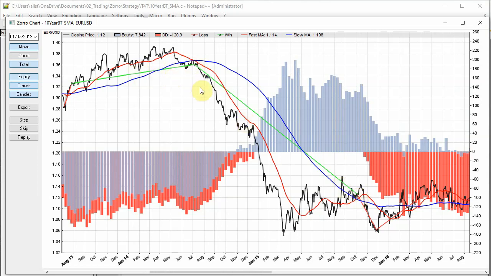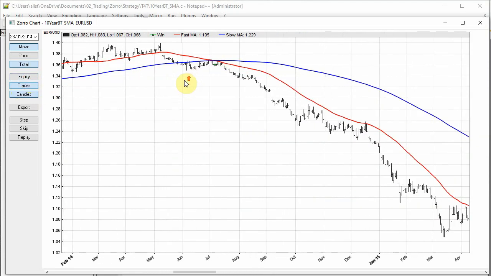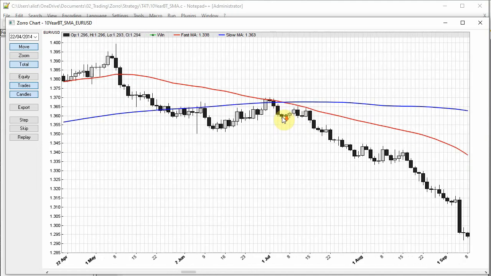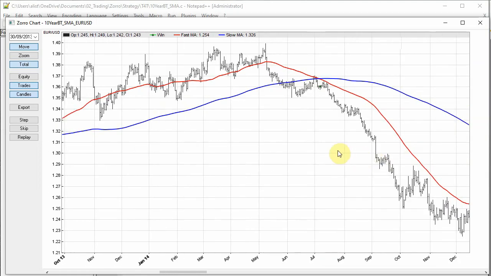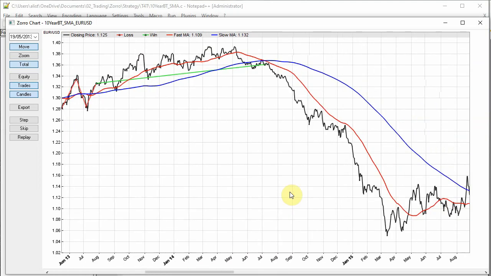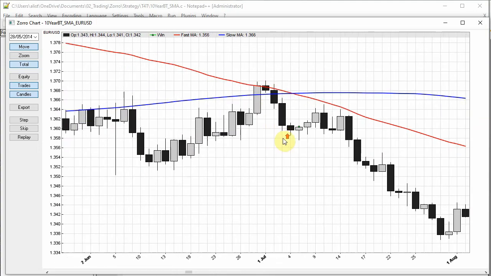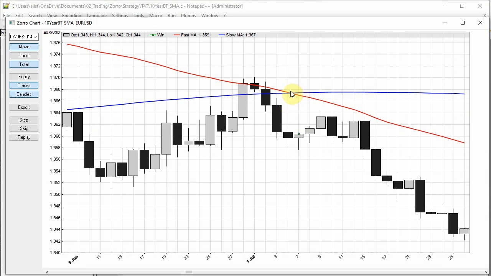The color is not long or short, it's profitable or not. So if we just take the equity off here a second, you can zoom in, you can see that we entered this trade here, and you can see we had the downward cross, the fast MA, entered the trade, and you can see that followed that all the way down there. But you can see how it got in. You see the crossover happens there, but obviously it's confirmed. The first bar that confirms is that one, so the trade's taken on the close of that bar when that